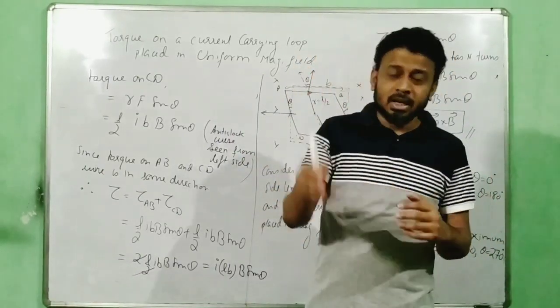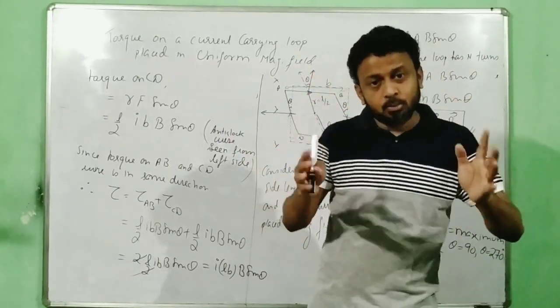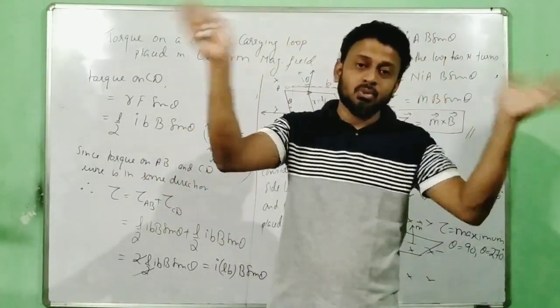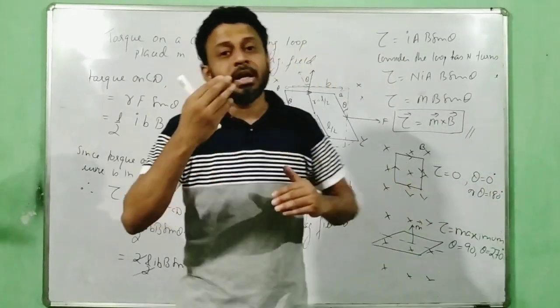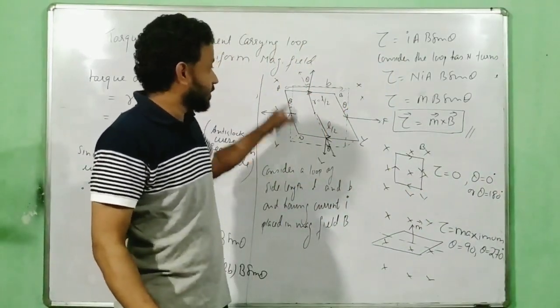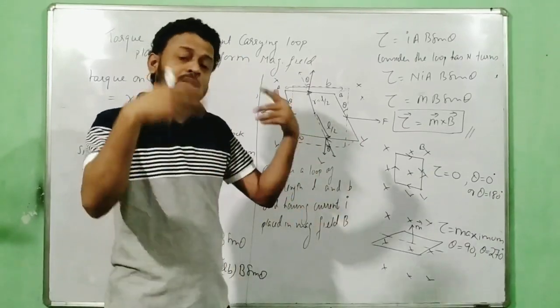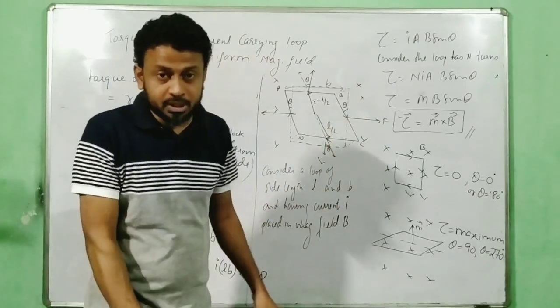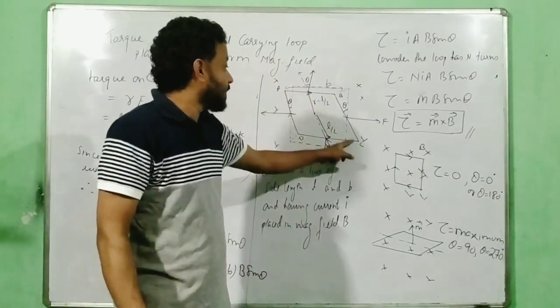Consider a loop. Define the loop first: consider a loop of length L and breadth B, and rotate it by an angle. Initially the net force and net torque are zero. Then rotate by an angle theta. So take two wires, this wire and this wire. Just write torque is equal to zero because the angle between R and F is 0 degrees. Now only two are left, AB and this one.